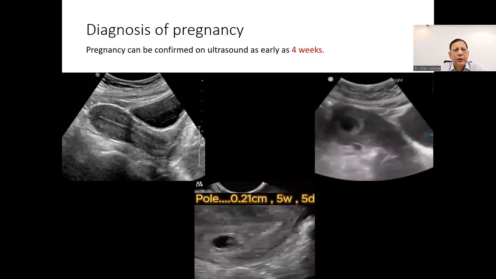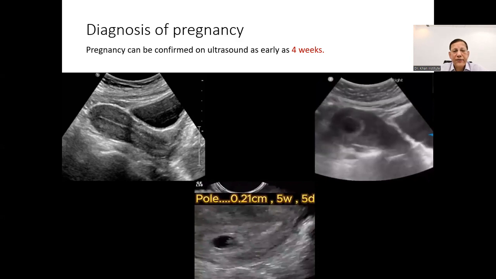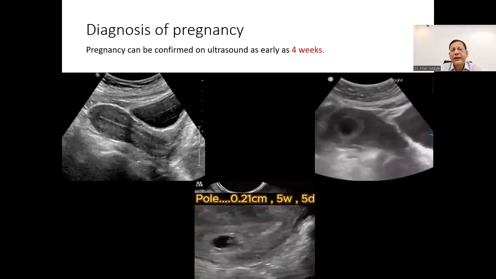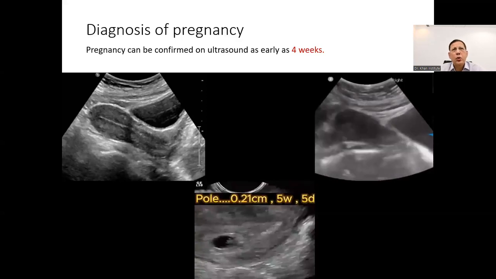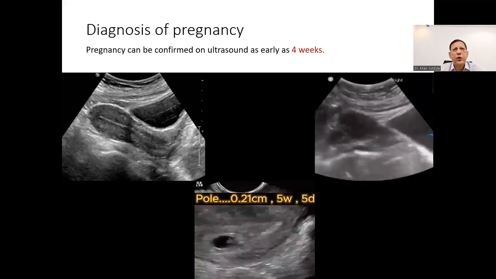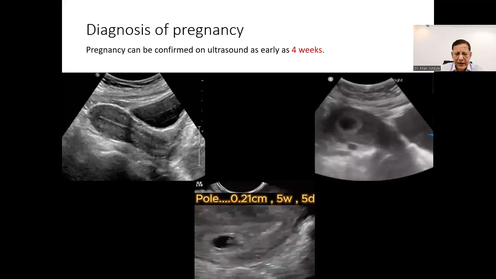First, the diagnosis of pregnancy. Pregnancy can be confirmed on ultrasound as early as 4 weeks. Now, this is just the time the female comes to know that she has missed her menstrual period. So in this case, the ultrasound will be considered the first modality of choice, because normally, if you see here,